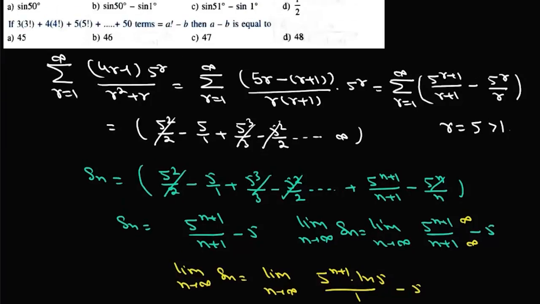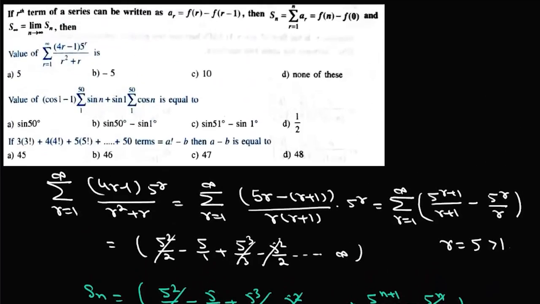So we do not have a limiting value of sum. So the answer to this first question is option D, none of these. Now for this second question, we are given cos 1 minus 1 summation sin n, where n varies from